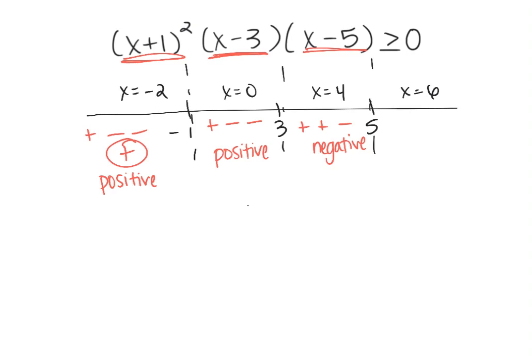And then finally, plug in 6. So we have 6 plus 1, that's positive. 6 minus 3 is positive. 6 minus 5 is positive. All positive stays positive. The last thing we need to do is look at what type of polynomial we are